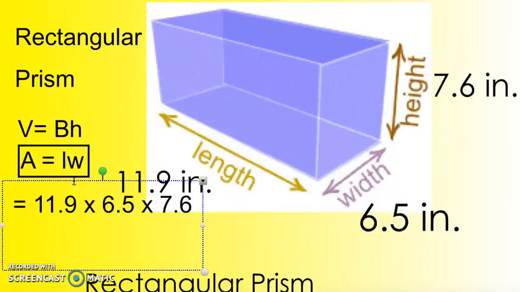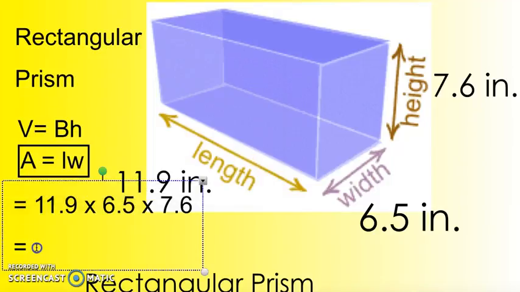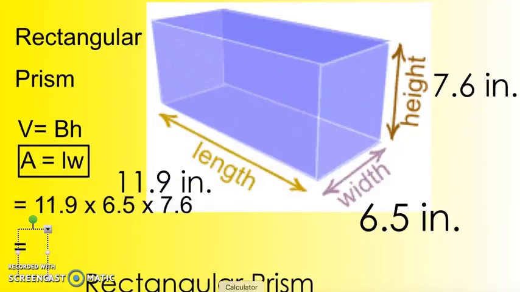Notice, basically all we're doing is taking those three numbers and multiplying them together. And I, for sure, am going to use a calculator for this. I don't want you wasting time trying to do it by hand. I want you to just use a calculator so that we can focus more on the formula itself and so that you're practicing the formula over and over and over again. So it's okay to use a calculator. And so we get an answer of